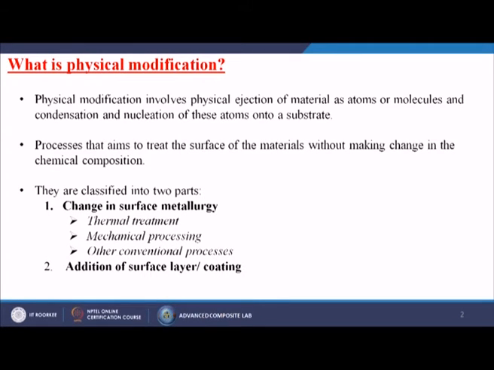From the outside itself, we are giving a barrier or layer onto that material, so that it will not react with the environment, or with some chemicals or other hazardous materials.